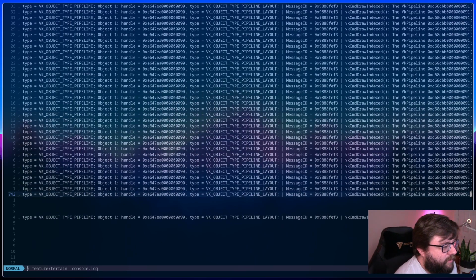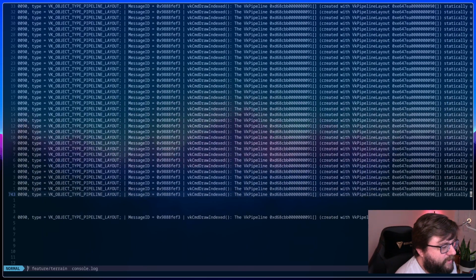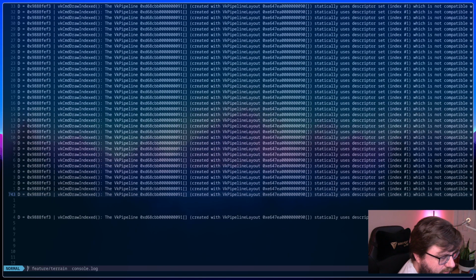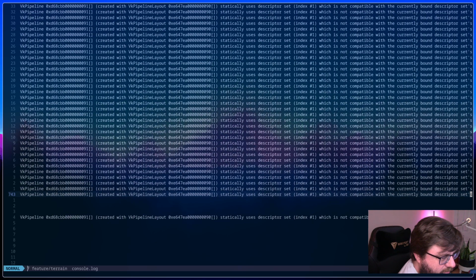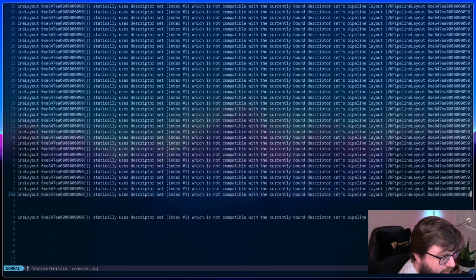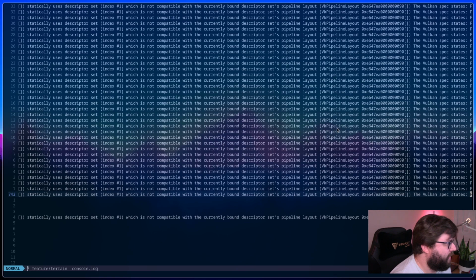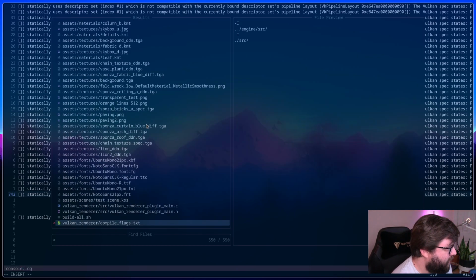Let's see. Okay, so this is bleating about the pipeline layout, specifically about descriptor set index 1, which is not compatible with the currently bound descriptor set's pipeline layout. Okay. So I wonder if this is a direct result of me making everything global.